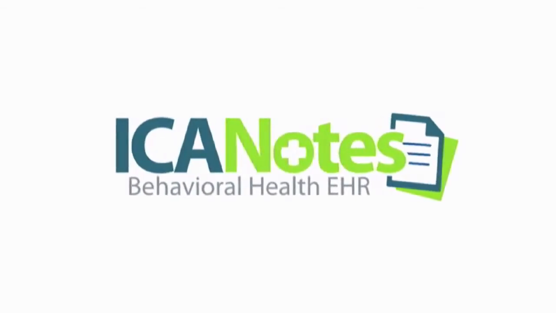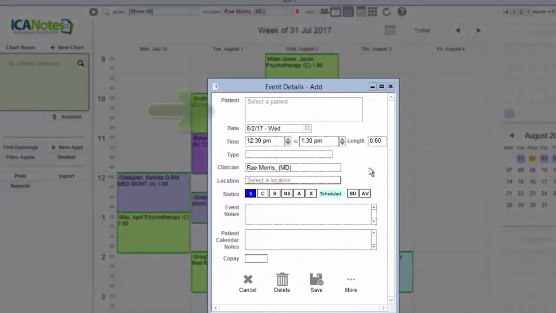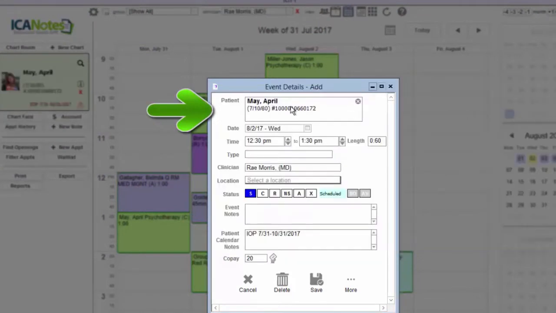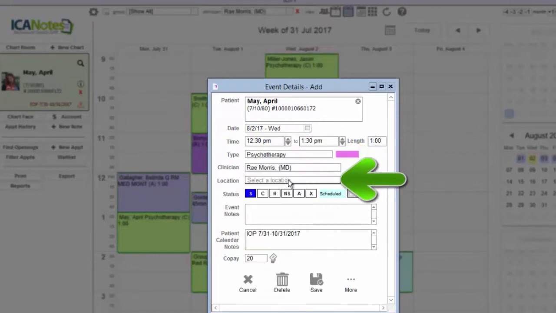This video is to demonstrate how to utilize the calendar in ICANotes and some of the additional features that it offers. For example, to schedule an appointment, simply double-click into the field where you want the appointment to exist. This will bring up the event details. You can look up your patient,